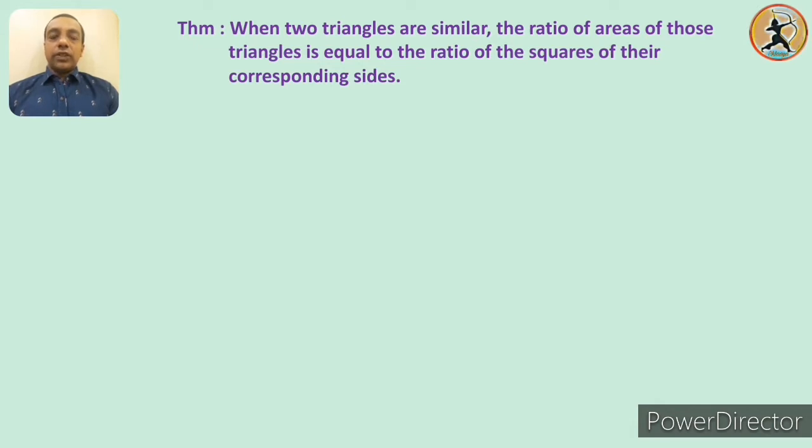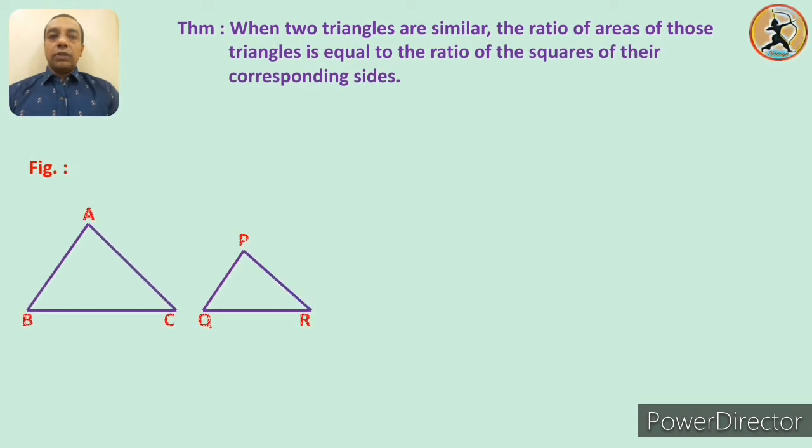It means first of all we are going to draw the figure as per the antecedent, that is, two similar triangles. So let us draw two similar triangles. The triangles are here, triangle ABC and triangle PQR. So this is the figure as per the antecedent, and now we have to write down the given. What is given? Of course it is the description of the figure, what we know about the figure.